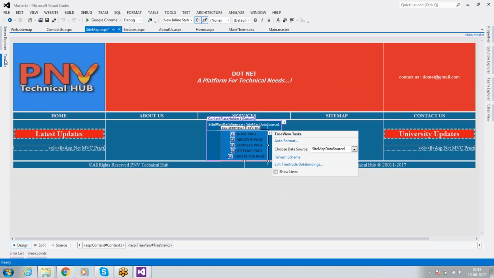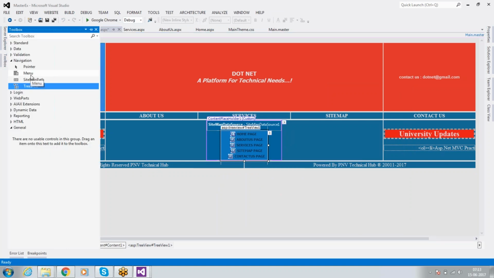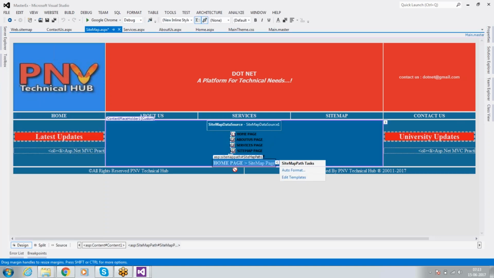And we also have a few more things: menu and sitemap path. Generally, if you are working with menus, if you want to populate menus, then we can make use of menu, and this is the sitemap path. Let us see how the sitemap path will be. Whenever you are using a home page, navigation from the home page to some other page will be there, right?